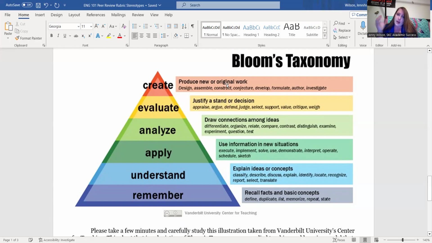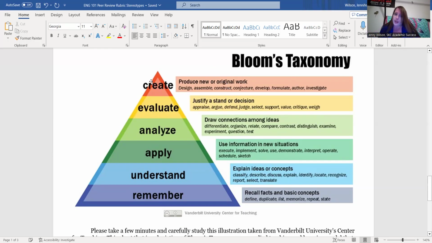Taking something and maybe bringing things into it. Maybe it's a common theme, and you know that other people in the class are going to write about this same thing because you've all been assigned the same assignment. But what's something new or different that I've thought that I could express that might set my essay apart from the other 29 essays that the instructor's going to read? Some type of unique and original thought that I did not find online. I came up with this.